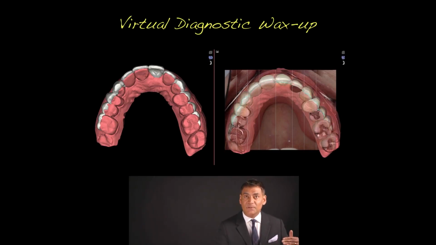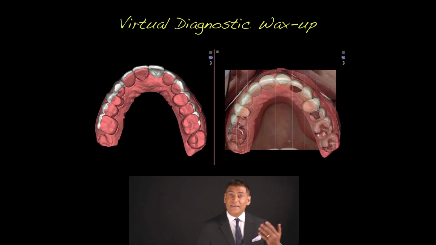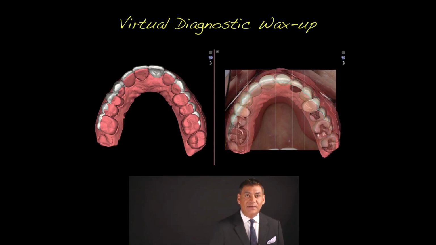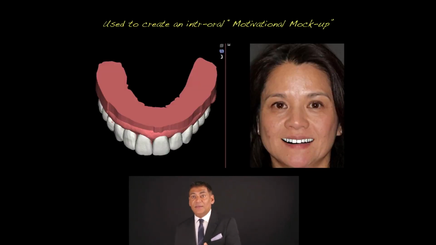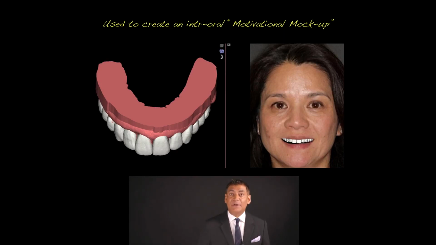And so they can manipulate that. I can communicate with the lab what we want. From there, they can actually create a 3D file, print that out instead of pouring a model, and the printing is with great accuracy, and it allows us then to be able to go back to the patient and try it actually in the mouth.